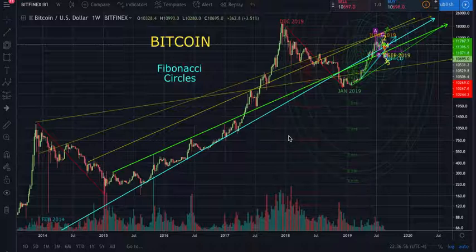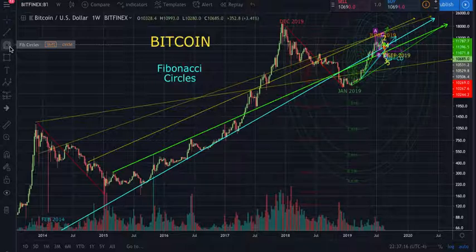my trading. So today we're looking at the Bitcoin chart. We're starting off on the weekly, and we're actually going to be going back all the way to February of 2014. And we're going to look over here on the left for the Fibonacci circle tool. Go ahead and highlight that guy there. It'll pop up